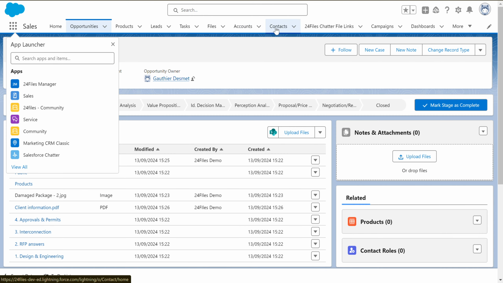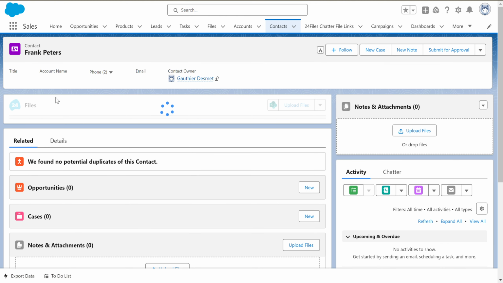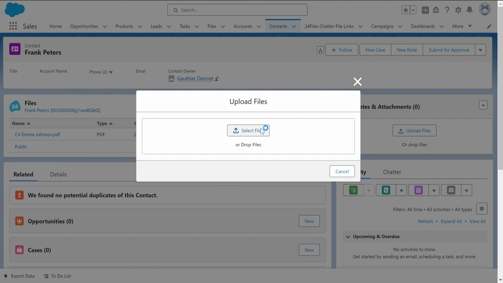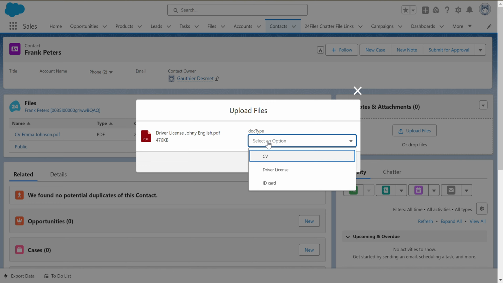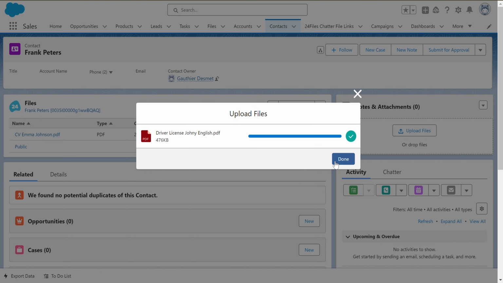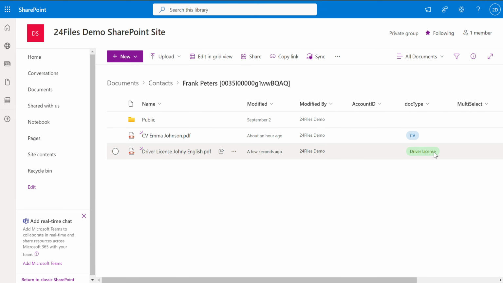So let's look at contacts here. Let's take Frank Peters. First of all, you see here we have the doc type. And now if we upload a file, we're going to select the file, let's say the driver license here. We get this box that allows us to define, at upload of the document, the type of document. So this is a driver license, we upload it. We see here the driver license appearing, and when we go to SharePoint, we actually see the driver license